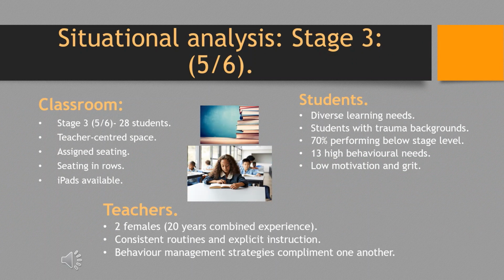The research will be conducted within a Stage 3 class with 28 students containing 15 boys and 13 girls. There are a range of culturally, academically and socially diverse learners. 3 students were Indigenous and 1 EALD. 13 students required behavioural management, with 2 students requiring intensive support in this area. 8 students require social support with diagnosis, including autism and anxiety. Academic support included 7 emerging students and 4 students who required additional extension activities.